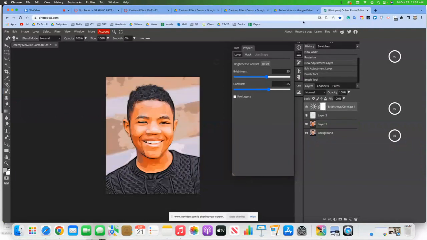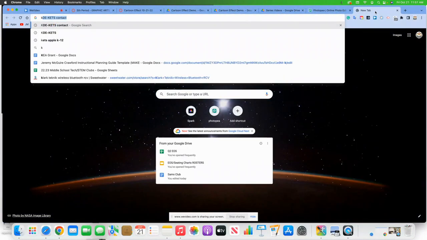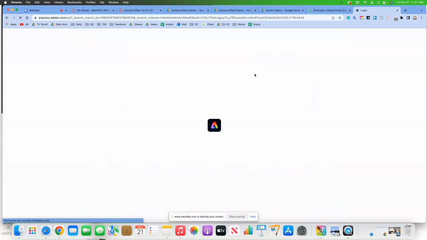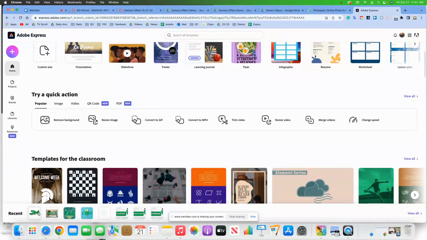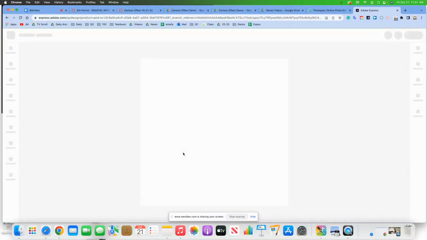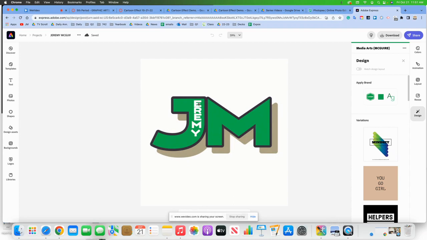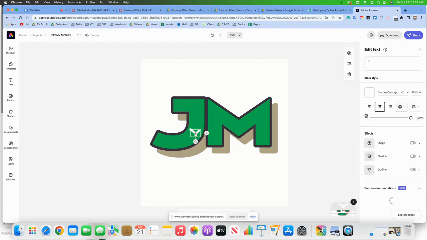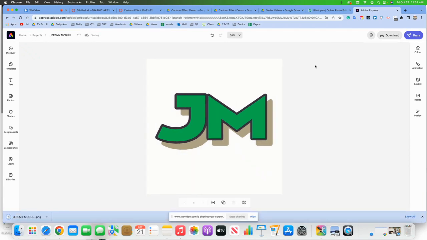Now, last but not least, you have to ensure that you have the correct logo that you want to use. Whether it be Canva or Adobe Express, you have to put your logo in, right? So I'm going to drop in my logo here real quick. Let's say I'm going to use this one just for the sake of having it. I'm not quite done with that one, but I'll tell you what I'm going to do. I'm going to get rid of the other parts of that logo there, and I'm going to download it as a PNG transparent because there's going to be nothing around it,